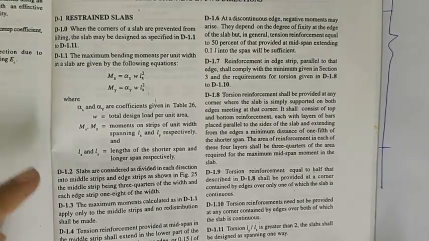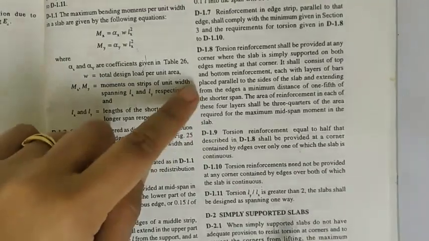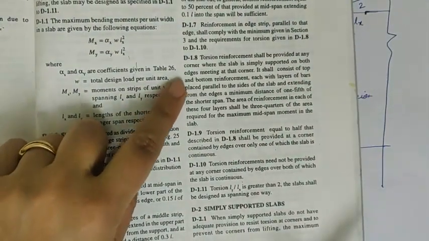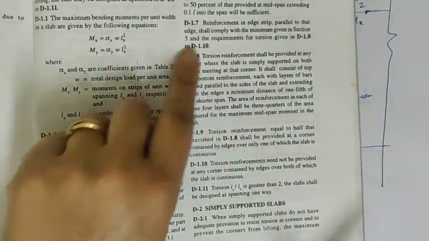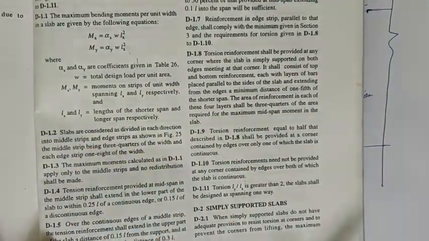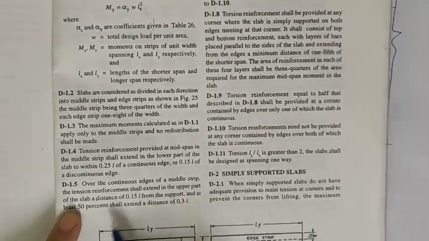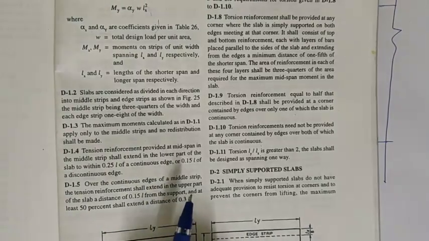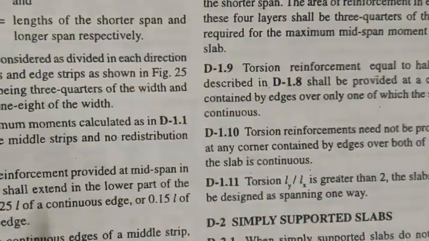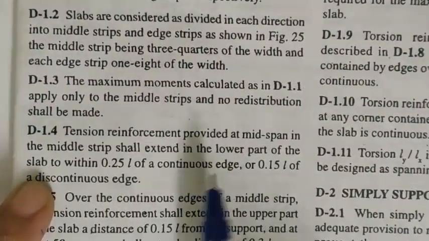We have talked about the clauses for moment. We have talked about dividing the system into edge strip and middle strip. Then we have talked about additional reinforcement, that is put in the type of additional torsion reinforcement. I told you that we are leaving 3 clauses. Now these 3 clauses are with respect to how do we bend the bars, for which length do we bend the bars. Let us see these clauses now. These are regarding the detailing.